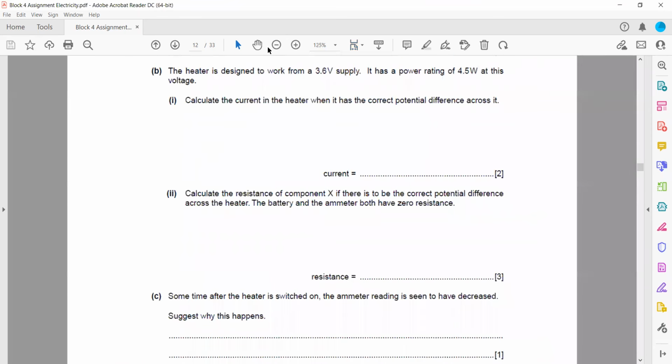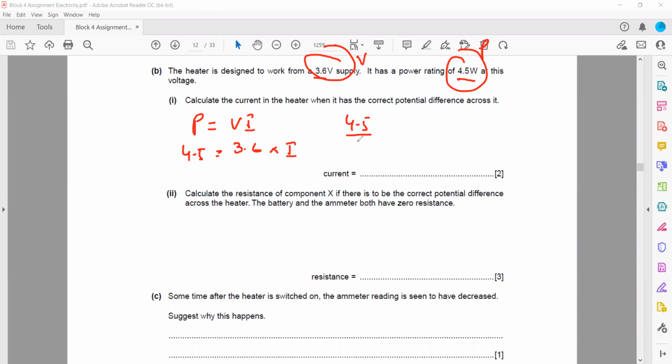The next part: the heater is designed to work from a 3.6 volt supply and a power of 4.5. Calculate the current. So we have the power of the heater, and we have the voltage here. This is the voltage, and 4.5 is the power. So P is equal to VI. 4.5, V is the voltage, which is 3.6, and I is the current. So it is 4.5 divided by 3.6, that's equal to 1.25. So 1.25 amperes is the current